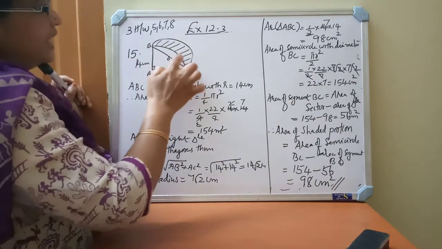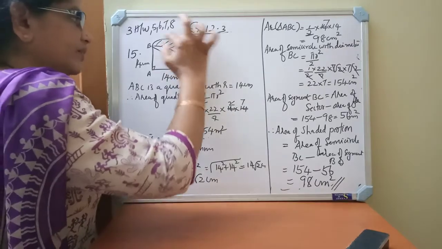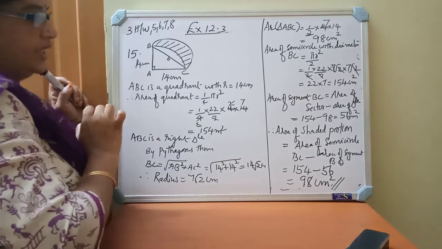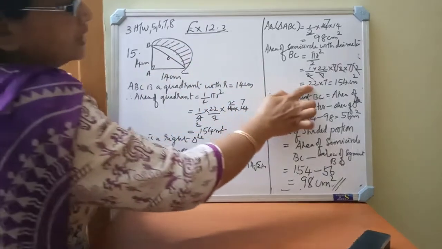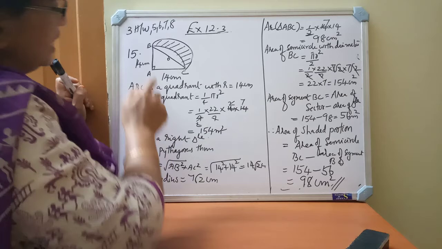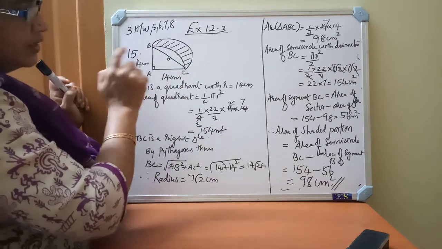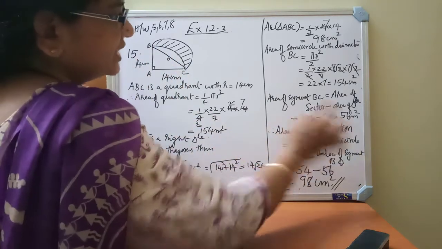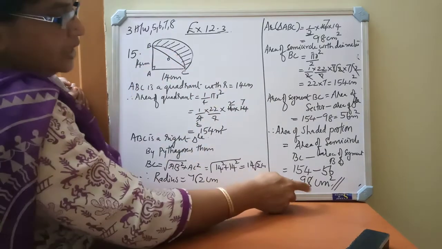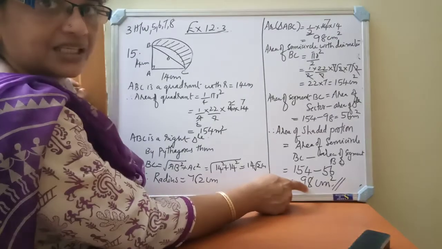So this is the shaded area. So already we find out area of a semicircle. Area of a semicircle minus area of the segment, we will get the shaded portion area. So what is area of semicircle? 154 centimeter square. Already we did it. Okay. Area of a segment, we find out area of a quadrant minus area of a triangle. We got that as 56. Okay. So 154 minus 56, we will get the final answer, area of the shaded portion, that is 98 centimeter